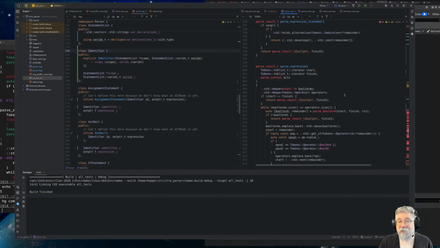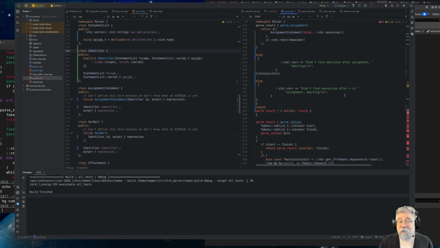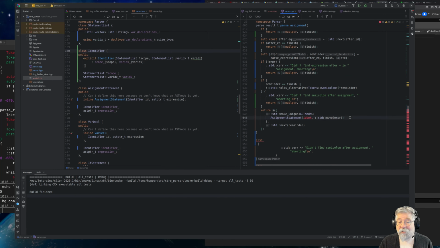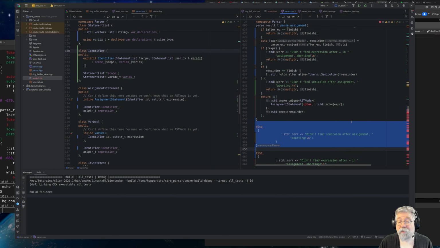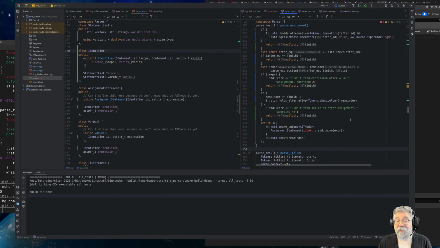Okay, it's because there's something wrong with parse expression, with parse if else. There's something wrong here that's causing everything else to fail, which is fine. And this is correct. This is correct. And all of this stuff is pointless. No, we don't want any of that. Okay, now it all goes back to being good. Now we don't want the ID token here. What we want here is just to make a good old copy of